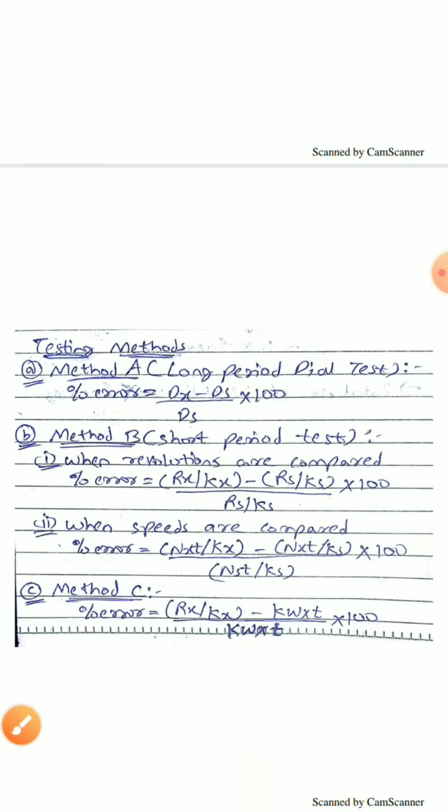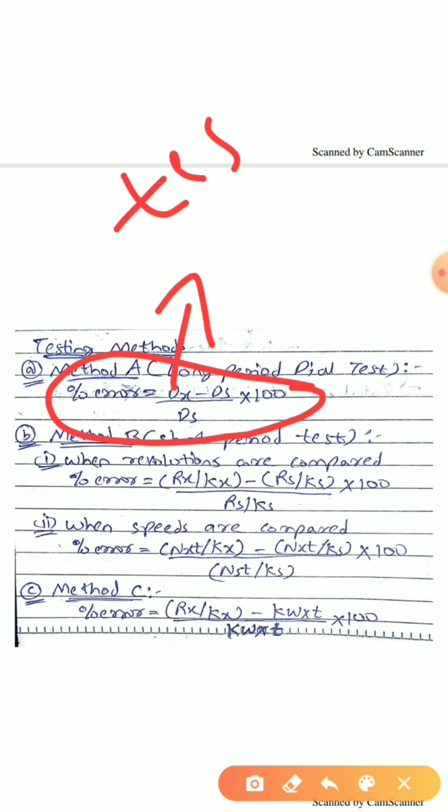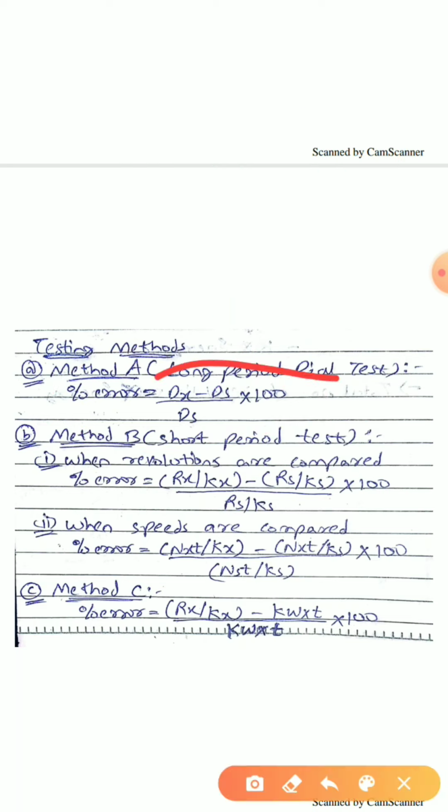or if any error is there or not. Now to calculate the error, this is the formula that we will use to calculate the percentage error. Here dx is nothing but the registration of the meter under test, that is what value the meter under test is showing. S is the standard meter, what value the standard meter is showing. Based on this, I can get the percentage error in the meter that I am testing.